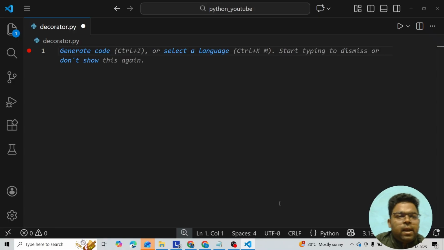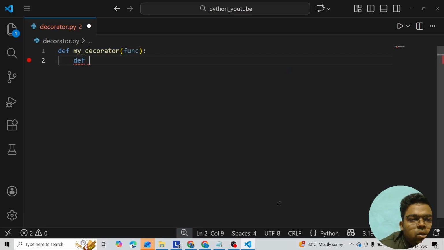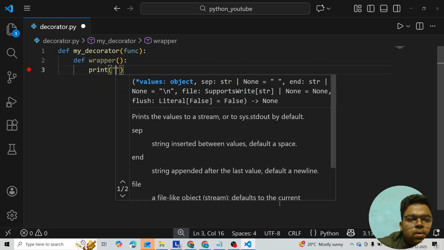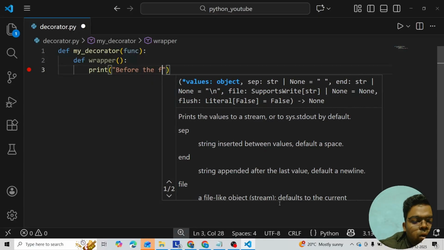Decorators modify a function without changing its code. Let's see a demo in VS Code. So we will create a custom decorator. Let's see how. First let's define a function, let's say my_decorator, that takes a function func. Inside it we define another wrapper function. So what will that do? It will print before the function call,